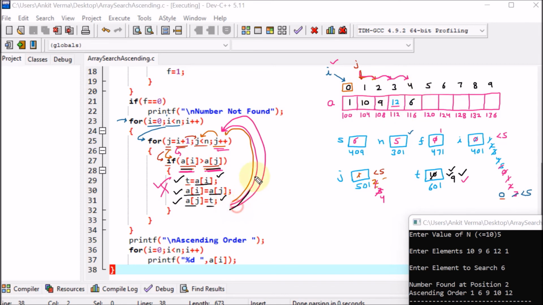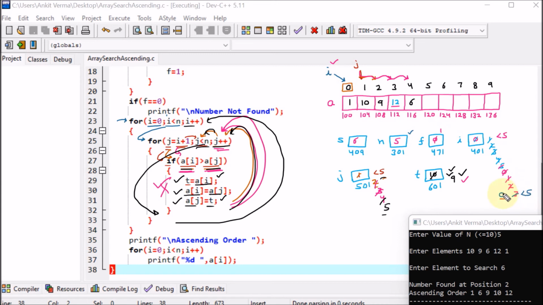Then afterward we'll go back and the value of j will be incremented. So j++ which is 5. So 5 less than 5. So this condition will be false. It will come out. Now after coming out, outer loop is waiting. So here it will go back and here i++. So that means now the value of i will be incremented.